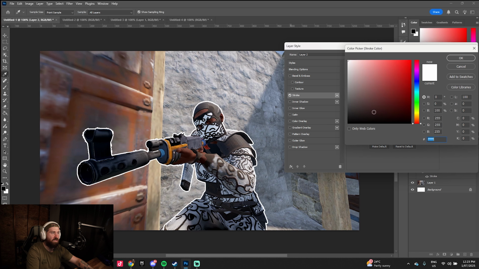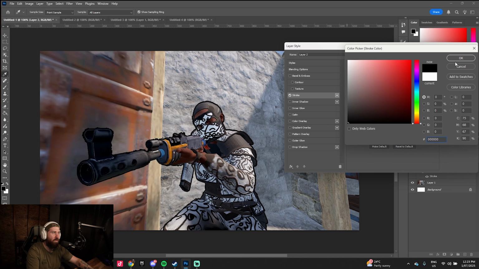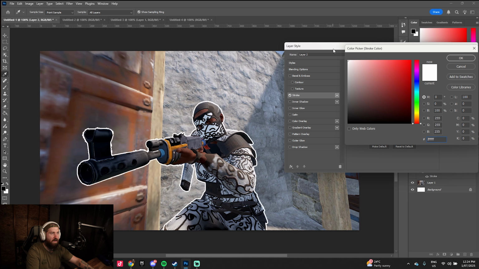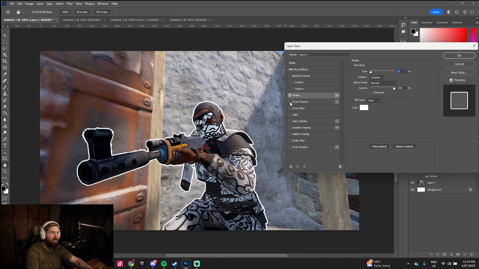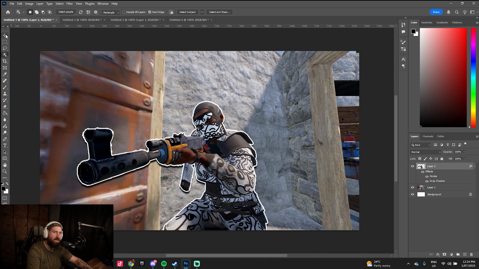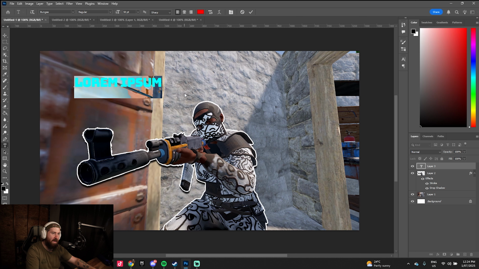You could obviously change it so you can make it like a black outline, whatever you're kind of looking for. I typically do white because I think it looks a little bit better. I give it a drop shadow too, because now it makes the character stand out a lot more. So what you could also do now is if you wanted to add in some words and things like that, let's go ahead and add in